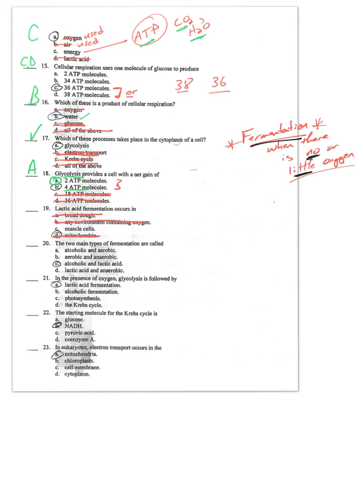So remember that. And of course, the answer then is muscle cells. It is happening in muscle cells. It does happen when there's a lack of oxygen, right? You will produce lactic acid in those muscle cells. The two types of fermentation are called alcoholic and lactic acid. That is correct. So this person remembered the two types of fermentation. They just had some of the details a little vague. So if you're this person as you're watching this video, please make sure you're taking a look at it and cleaning up the small mistakes that could really get you a much better grade when you